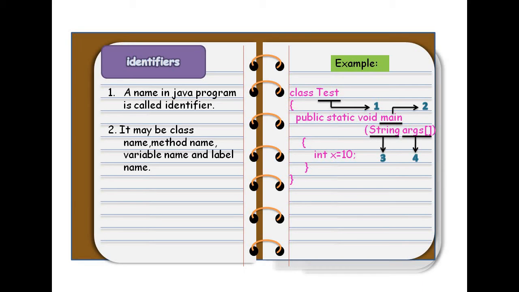And then finally aux. Aux is an object of the String. It is also an identifier. Here I have defined a variable x. X is also an identifier. So, in the definition, an identifier is the name of a class name, method name, variable name and label name.